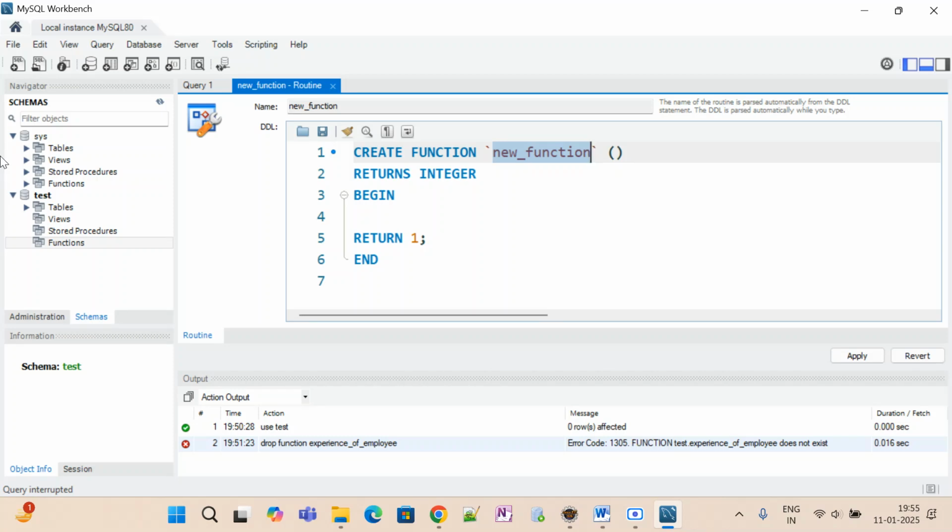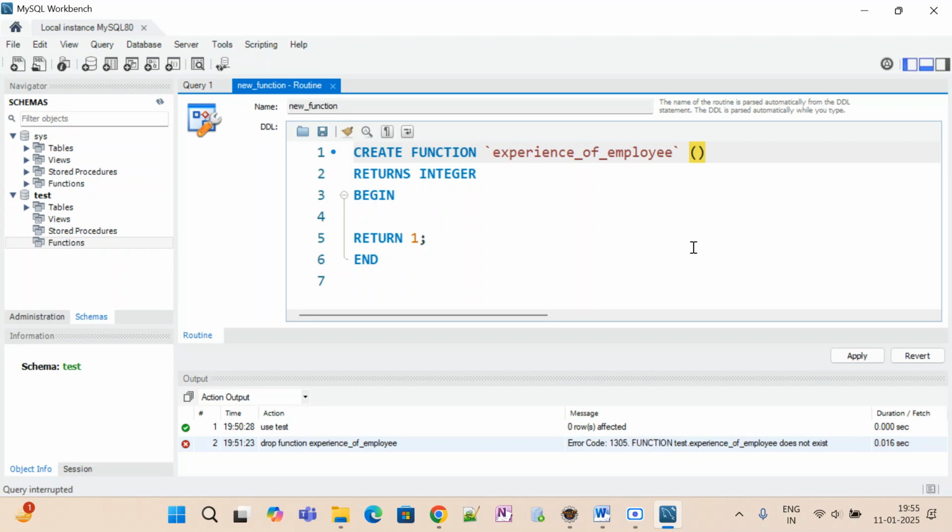What I will do is type the name of the function, experience of employee. Experience of employee, right? So here you have to set the integer type employee number